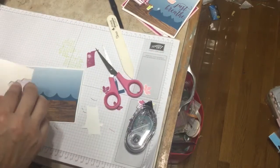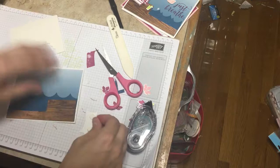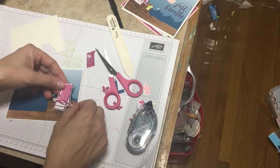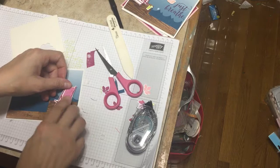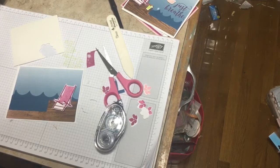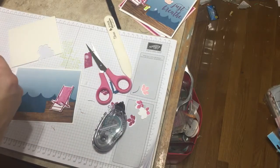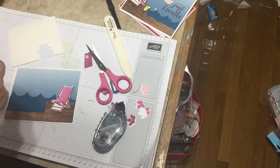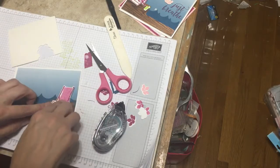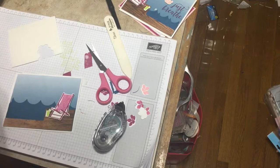I'm going to put dimensionals on my chair. And I'm actually going to put 2 dimensionals on the top one because it should set above the waves there. And I just dropped my little cup. I'm also going to pop him up. And I'm going to go ahead and put my